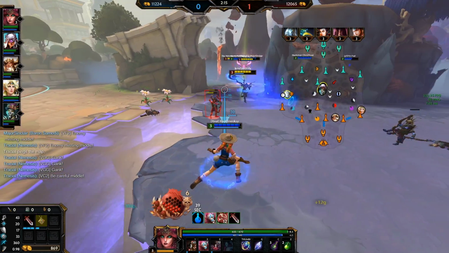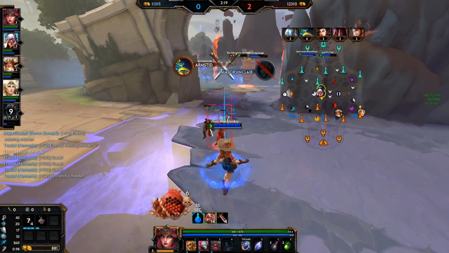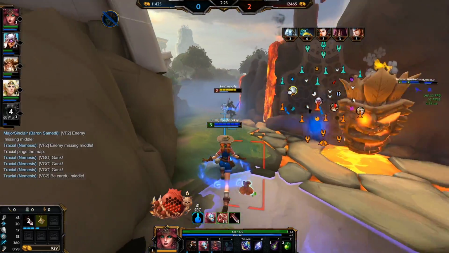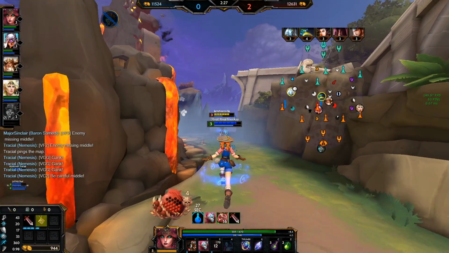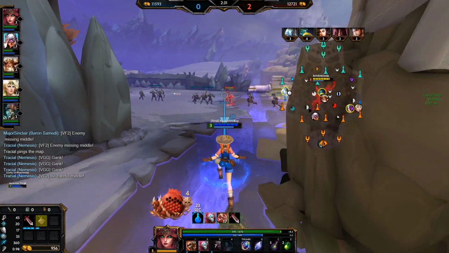If I was against like an Erling or something, I probably would have needed those extra pots for the poke and everything. I'm against a Kronos, so it's a little bit more like, you know, mage v mage, not too tough. The way Persephone works is, most of the time, what you want to do is your 3